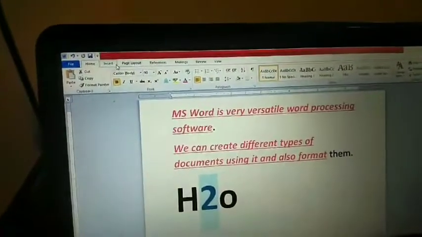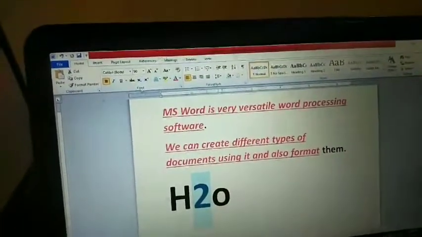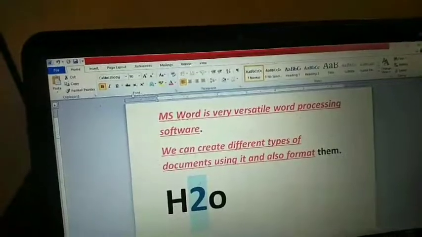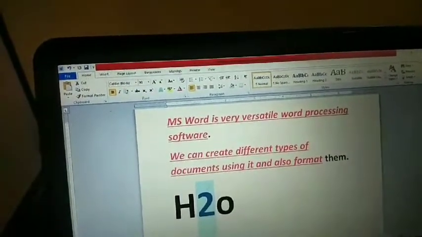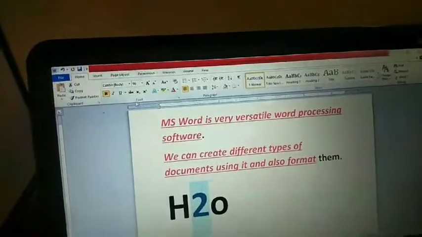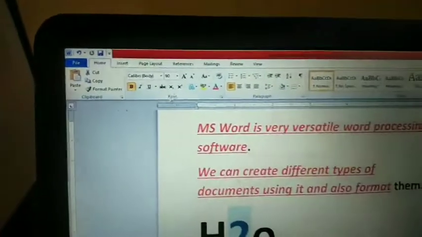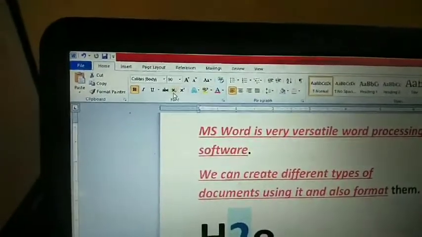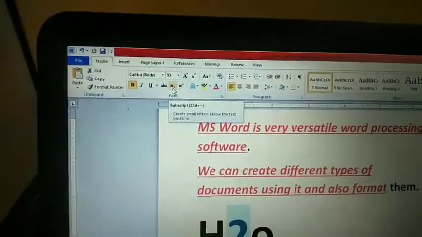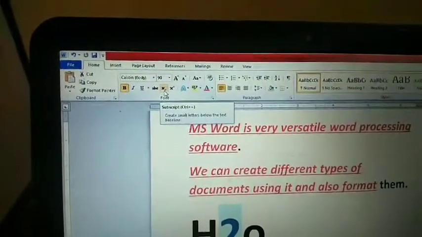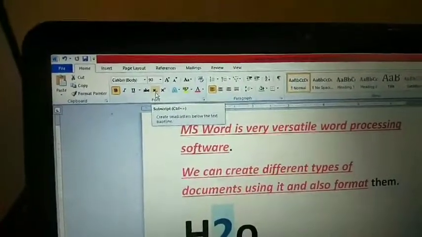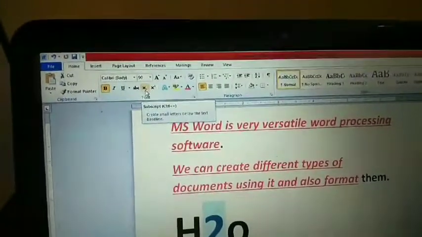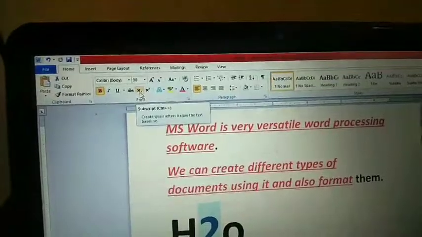In your home tab you can see a font. Just see my arrow symbol here, mouse pointer. So this is home tab selected, and here you can see the font group, and there you can see subscript. Understand? So subscript, why are we using? To keep any of your font or a word to come down from the actual word. Okay, so that is why we are using subscript.